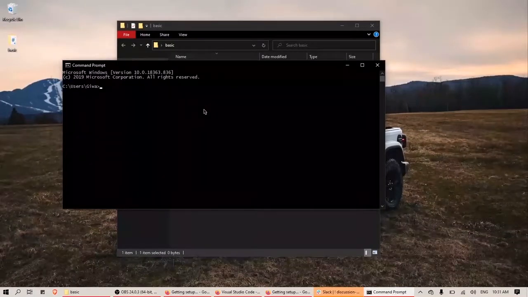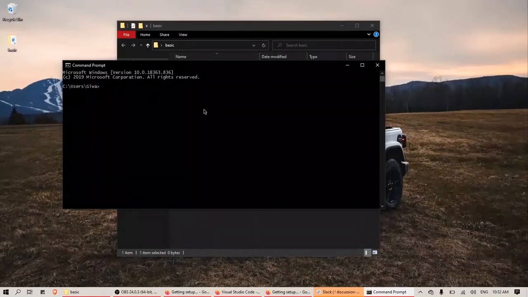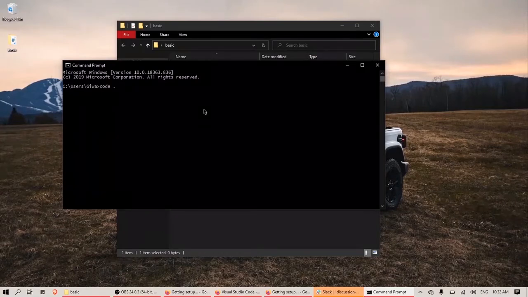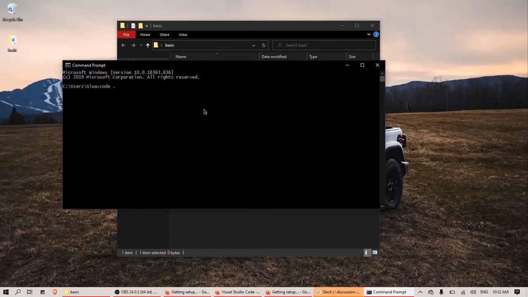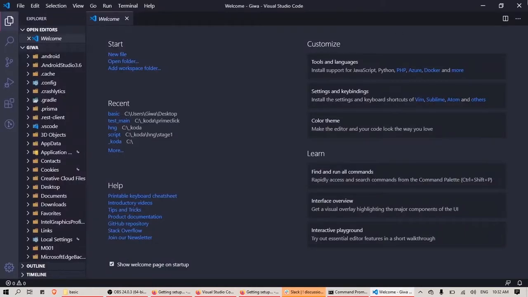If at any point I need to access any file inside of the Visual Studio Code menu, I can just use code for that and use a dot to trigger the application to get launched. If I press enter, now it's going to launch VS Code. No more unrecognized command as we saw earlier. We'll be going to a lot more things as we proceed with other